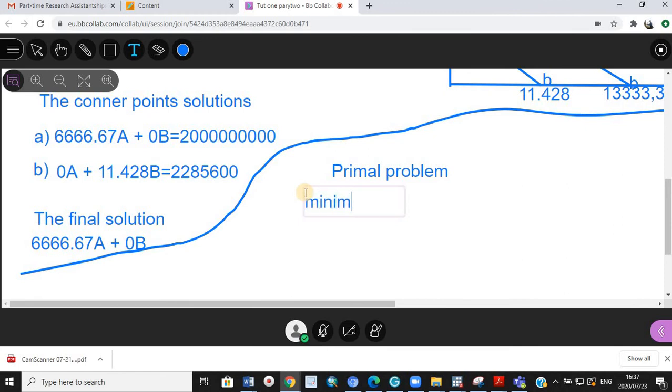Minimum. We know that there is a cost. Okay, there is a cost, right? I mean, the minimum basically is